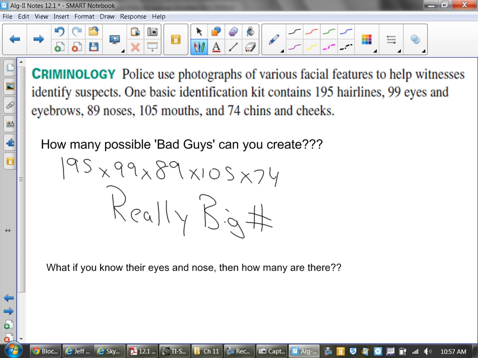Well, what happens if this person was just wearing a mask? What happens if you just had the eyes and you had a ski mask? It's kind of what I'm getting at. Eyes and nose. Then you just do that. You get 1.334598665